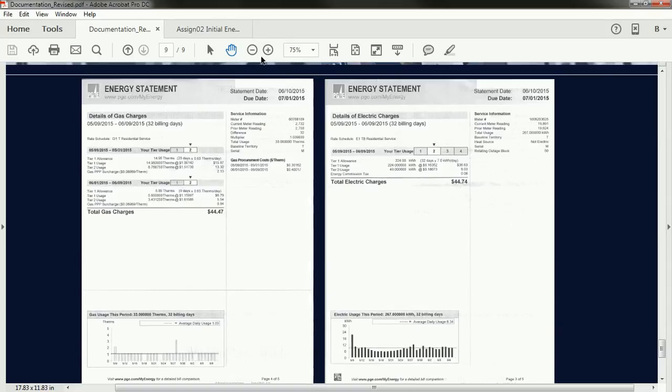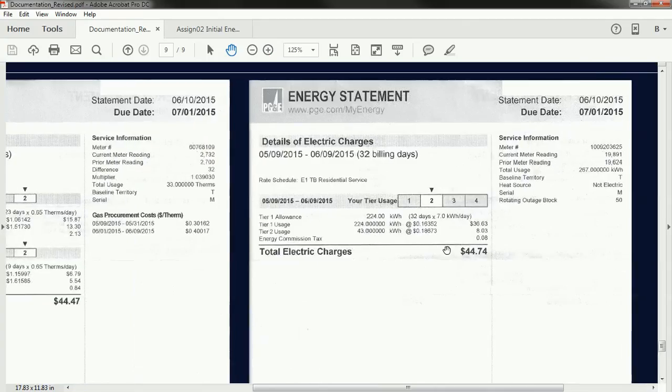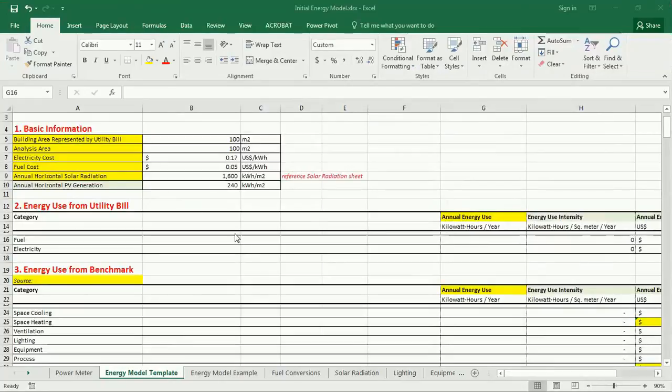So let's start with electricity use. I've got here 267 kilowatt hours that were used in May, and that's all I've got right now. So I'm going to take that 267 kilowatt hours and then multiply by 12, 267 times 12, to get a total for the year. For the fuel,